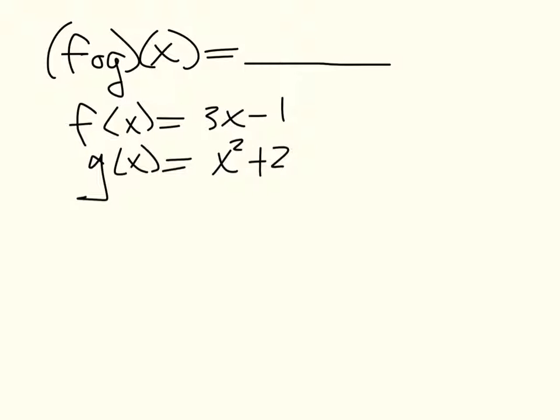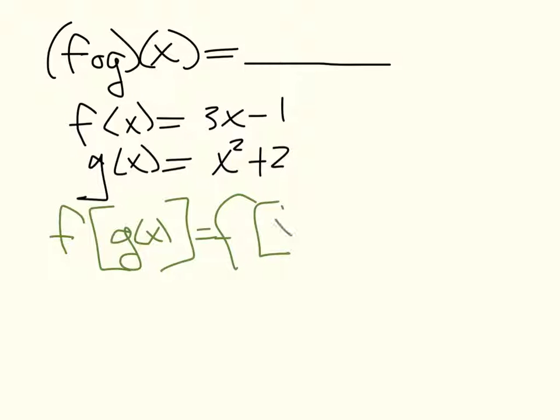Let's take a really quick look at composition of functions and the notation you need to use when actually computing those composite functions. We already know this little g, this is not fog, it's f composed of g of x. So what we want to do is look at g of x first and then substitute that function into f of x. So we have f composed of g of x, which is f of, substitute g of x in there, x squared plus 2, which is 3 times